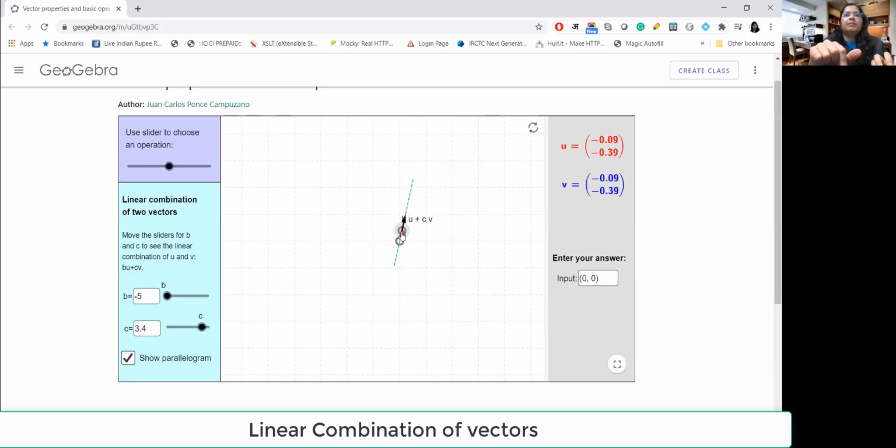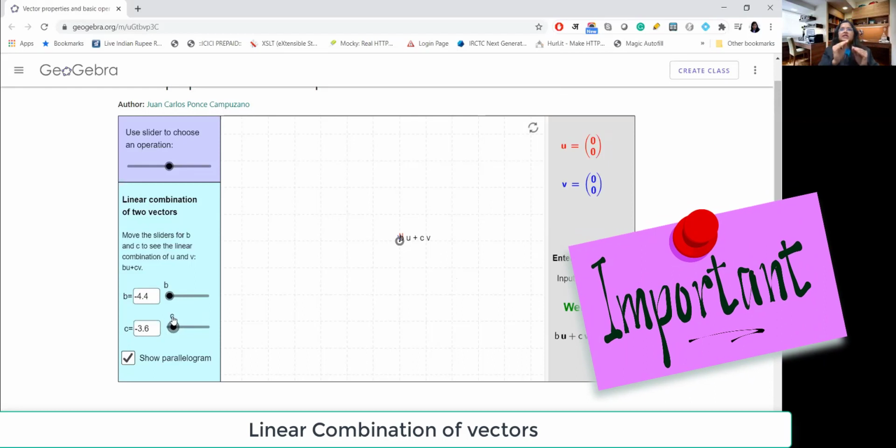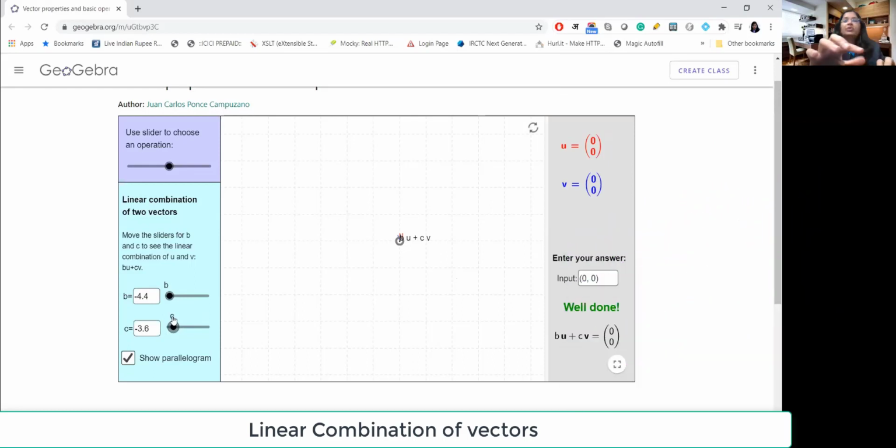Now let me make both the vectors 0. If I make both the vectors 0, even if I scale, nothing happens because the vectors are 0, and multiplying by any scalar would be 0. So I'm not able to reach anywhere, not even anywhere on the line. I'm just stuck at the origin. So I hope you understood these concepts by looking at these visualizations. Now let me go to the PPT so that I can introduce some mathematical definitions.